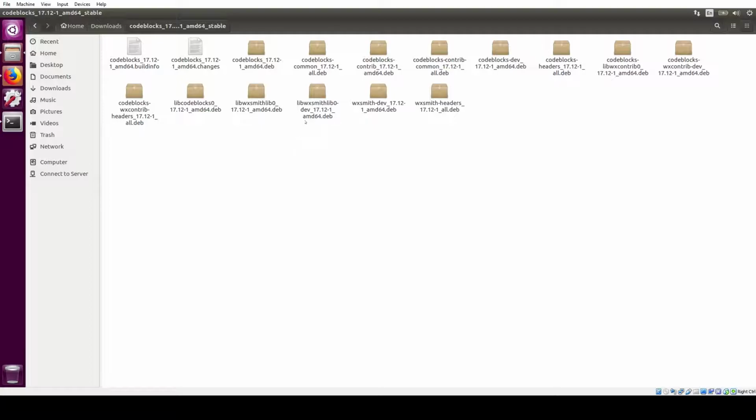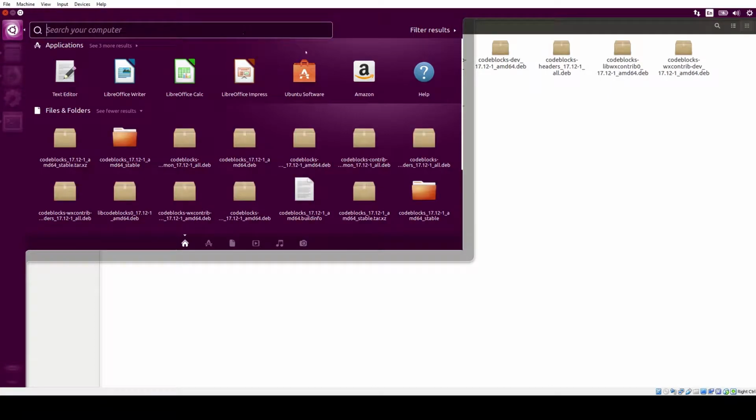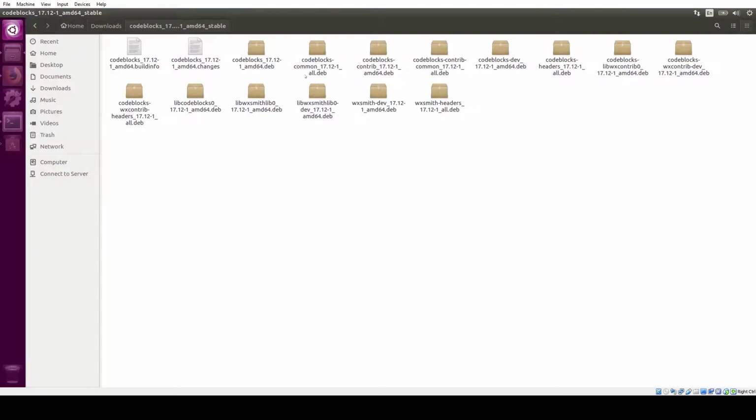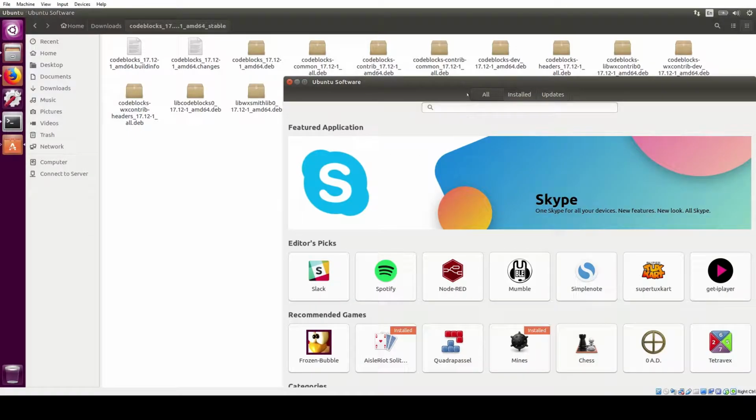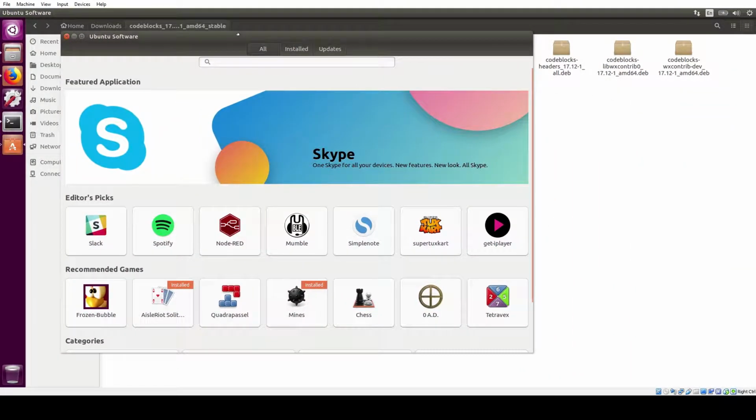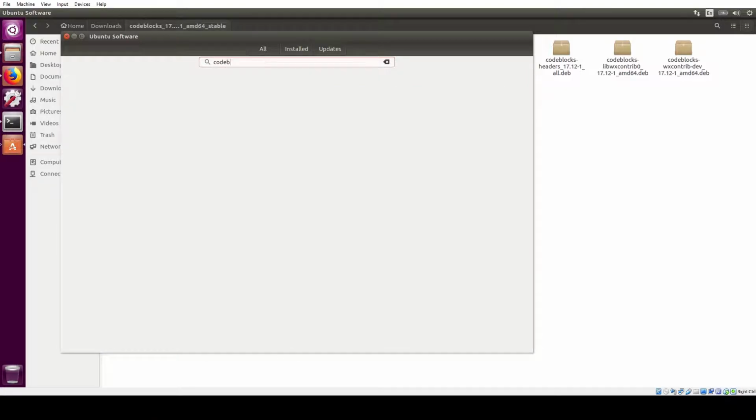Okay, but before we move on to this, I would like to tell you, if you go to your Ubuntu software, this is the default package manager kind of thing where you can download some software for Ubuntu, and as you can see over here there are a lot of them. But if you search for Codeblocks over here,